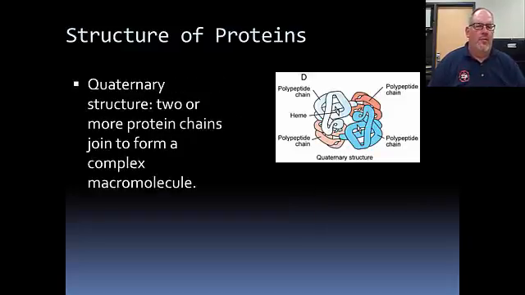Quaternary shapes are where we have multiple of these proteins put together with these multiple heme groups. These are very large, complex proteins, and some of these proteins can have 10,000 plus amino acids in them. When you're looking at how many atoms can be in an amino acid, and then you multiply that by 10,000 amino acids, we're talking easily over 100,000 atoms that can be in some of these large proteins with their quaternary shapes.